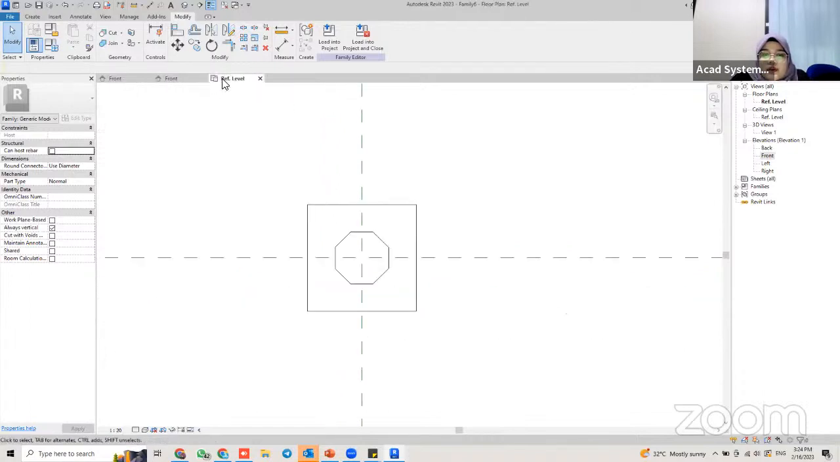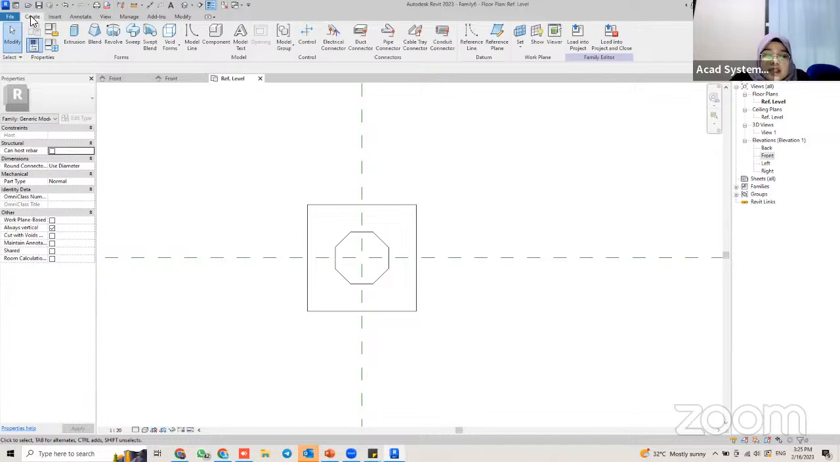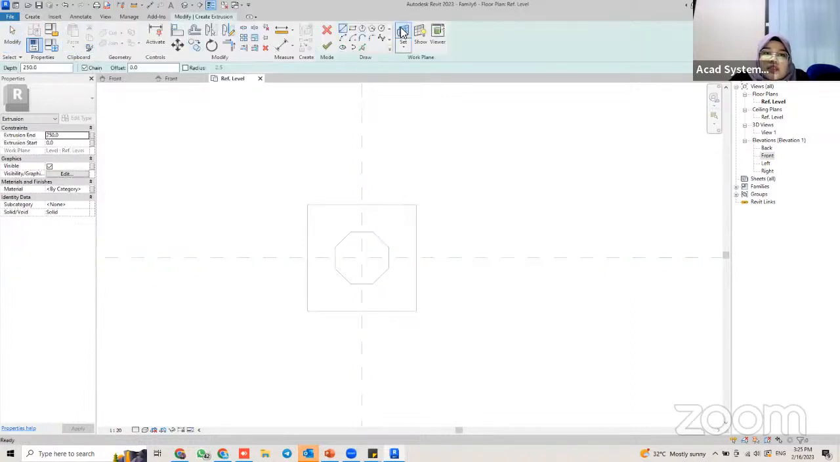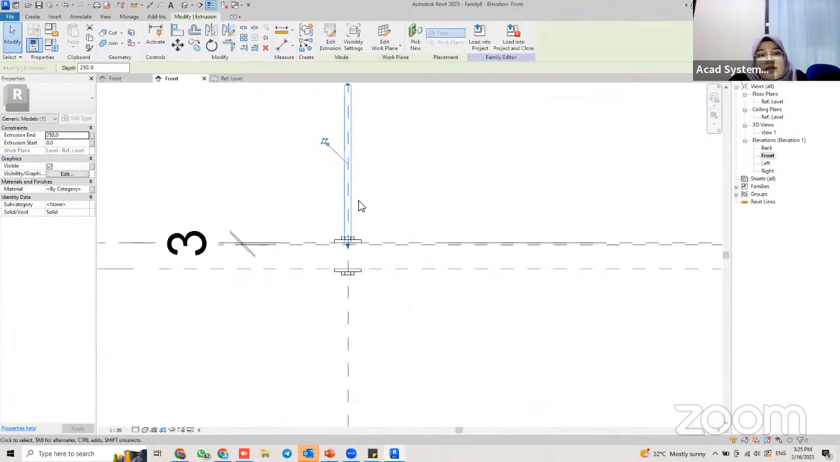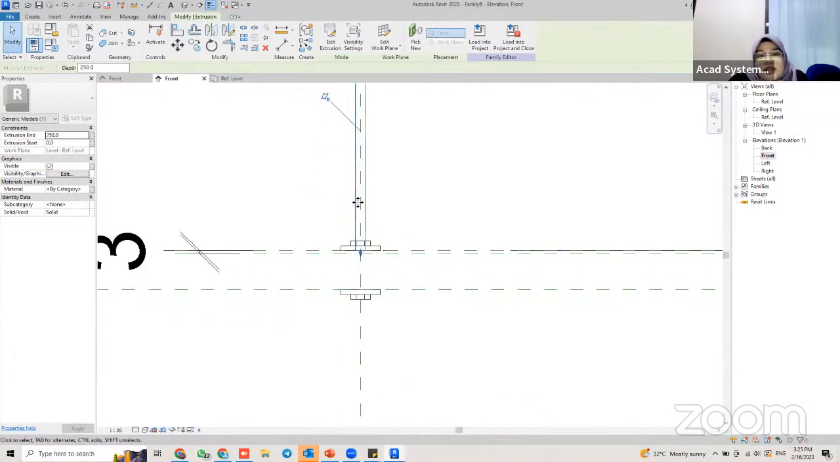So next, go to reference level for our dropper or our thread. So go to create. I'm going to create a rod. Okay. Click on extrusion, and right now I'm going to use circle. Start at this center, and the size will be 5. Okay, then click on finish, go back to front level, front elevation, and this one will be, I'm going to